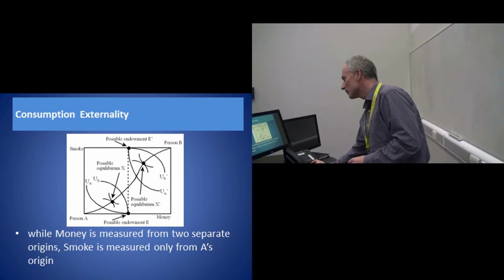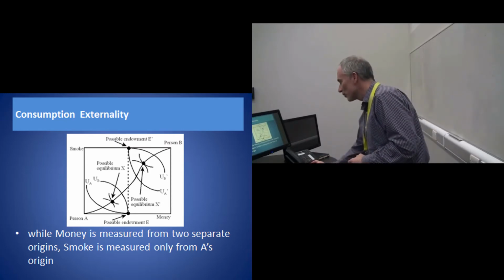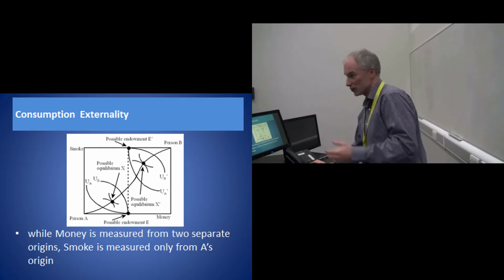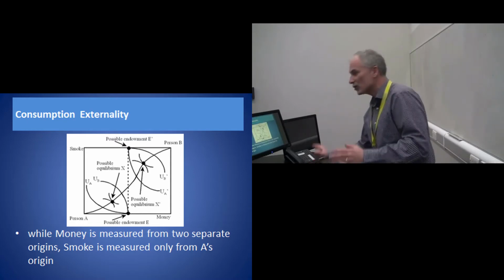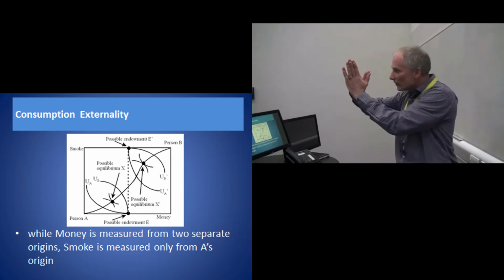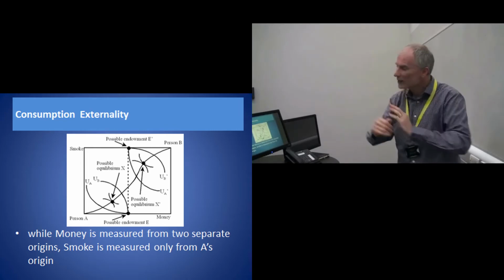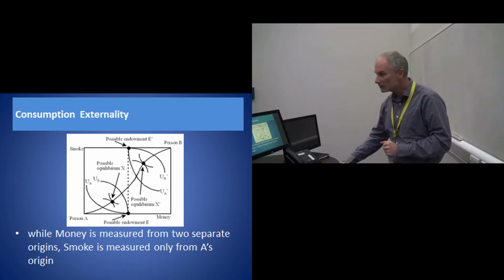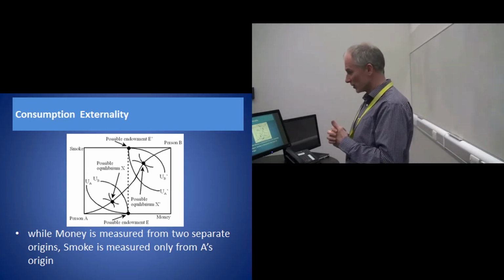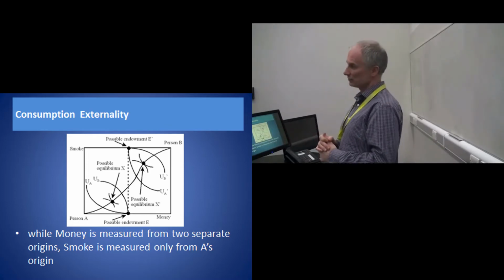Person B's origin is in the top right-hand corner, and we've got, for example, that indifference curve there, UB prime for person B, that higher indifference curve there, and indeed that higher indifference curve there, UB. So, again, we've got a set of indifference curves for person B that move away from his origin. Remember, for roommate B, money is an economic good, so he wants more money. If we give him more money, he's better off.